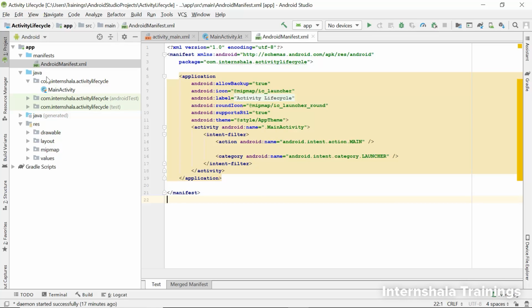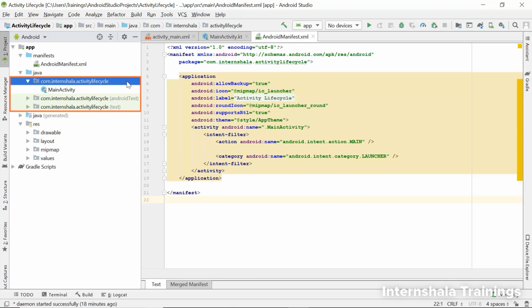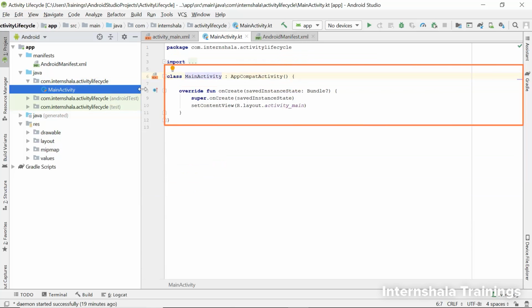Now let's move to the next folder, which is this Java folder. So this is the directory where all our Kotlin code will be kept. Inside this, we can see 3 folders, all with the same name, but 2 of these 3 are highlighted in green. We will not use the ones highlighted in green, only the non-highlighted ones will be used. We can see that this folder contains the main-activity.kt file. All the new files and packages that we will create to write our Kotlin code will be created inside this file. So remember the location of this file well.